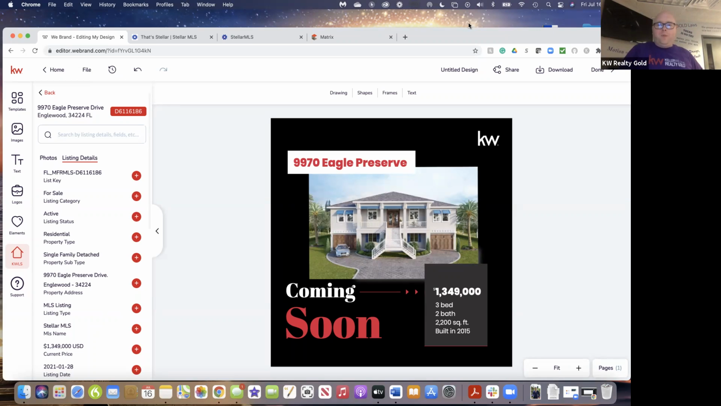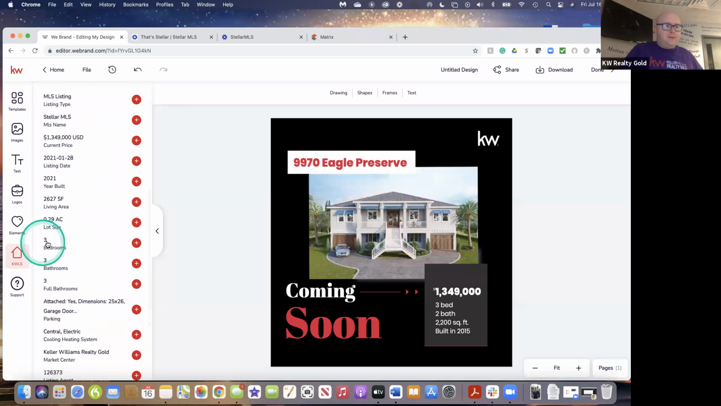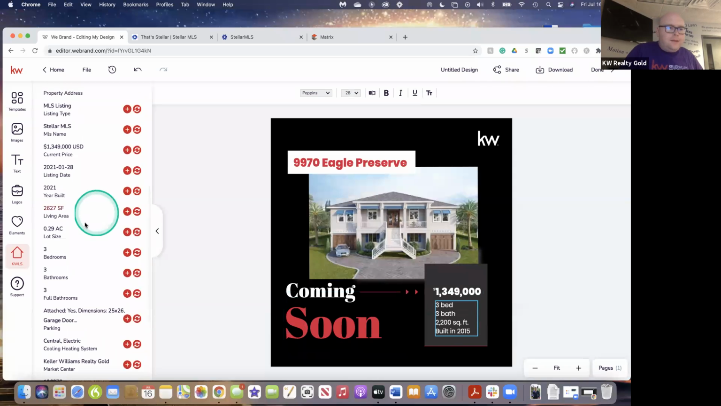All right. So we are just looking at the listing details now from the KWLS. And I'm looking for how many beds and bathrooms. Okay, so it's 3 bedrooms, 3 bathrooms. Almost correct. So I'm going to click back in here. And 3. Living area is 2,627 square feet. And this is not built yet, so I'm going to get rid of